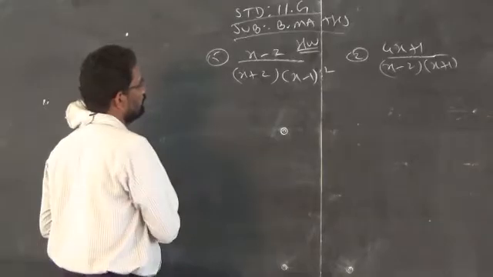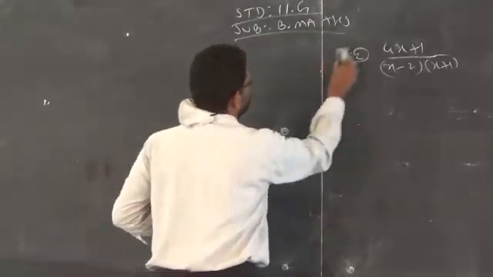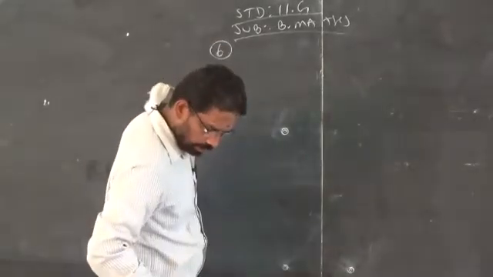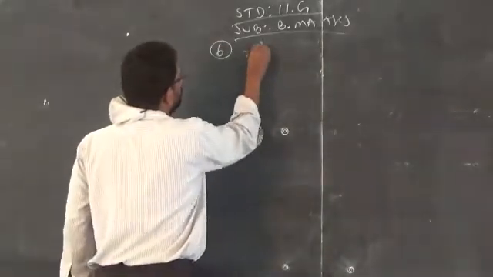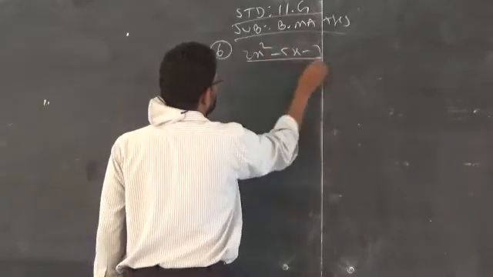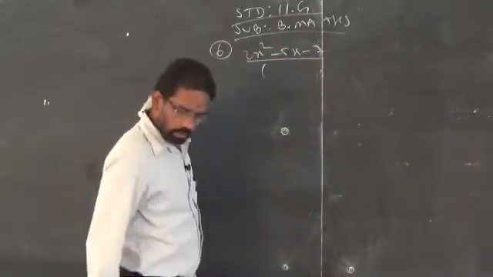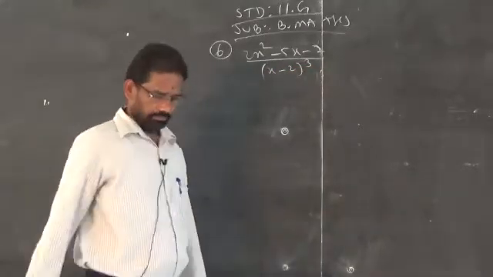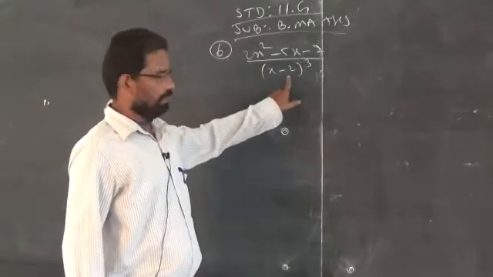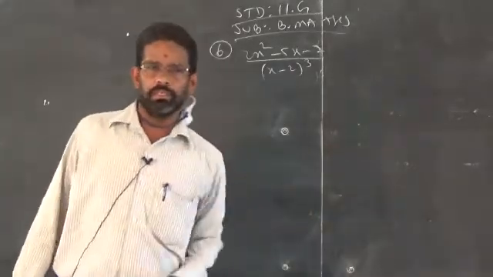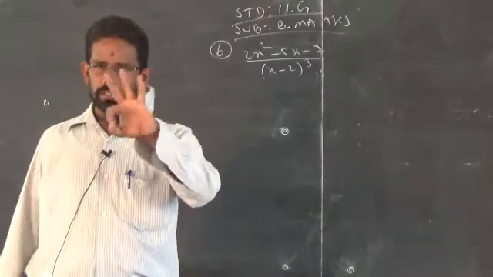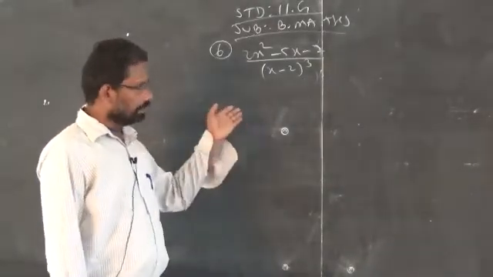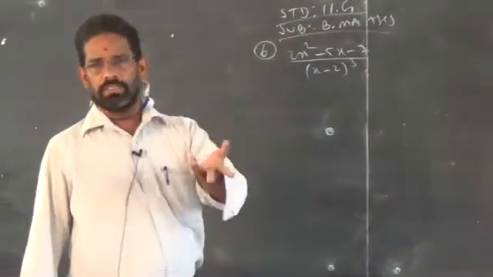these two problems, please call me. Now we will go to sum number 6. Sum number 6 is another type: 2x square minus 5x minus 7 over x minus 2 whole to the power 3. It is a repeated factor, x minus 2 to the power 3, which means x minus 2 is repeated how many times? 3 times.